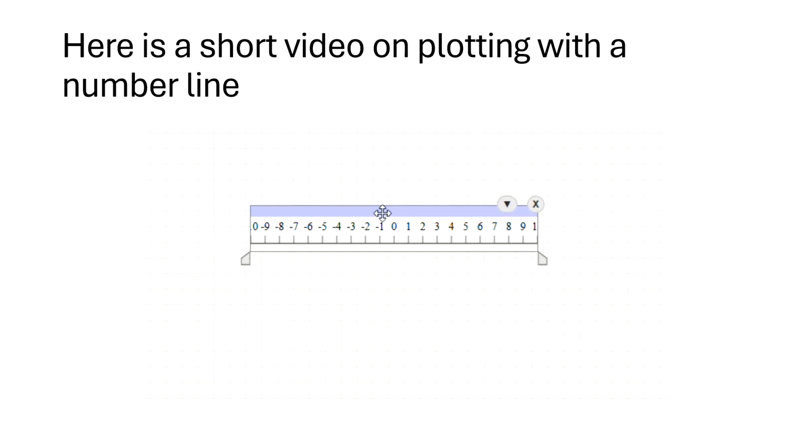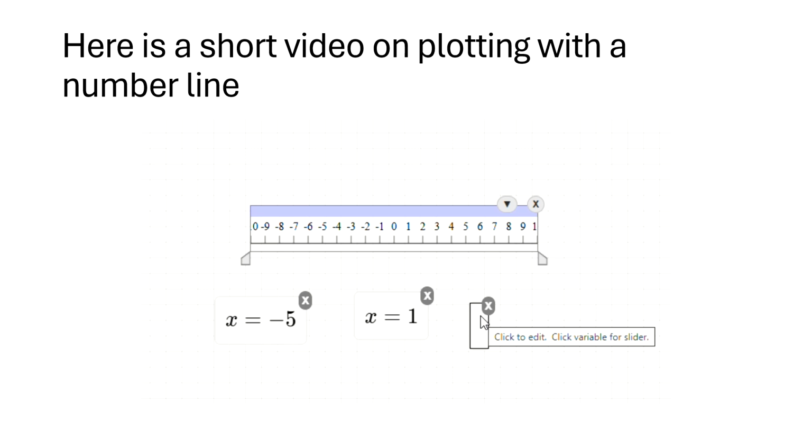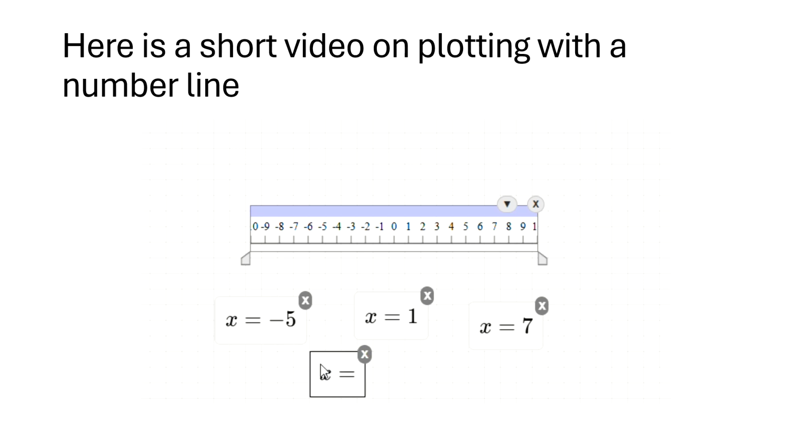So here's my number line right there, and I'm going to insert some points. And let's say x is equal to -5, x equal to 1, and x is equal to 7, and x equal to -9. Okay,